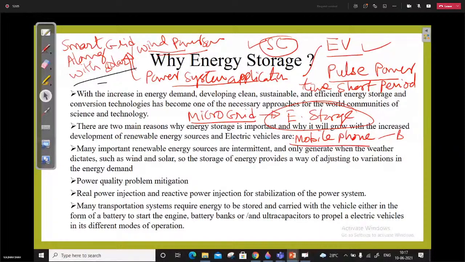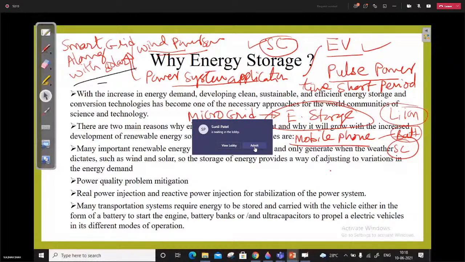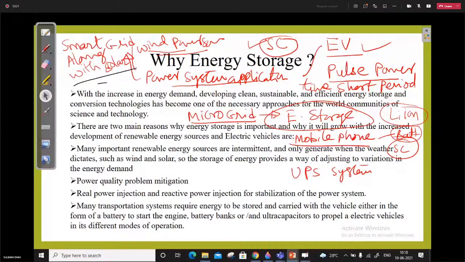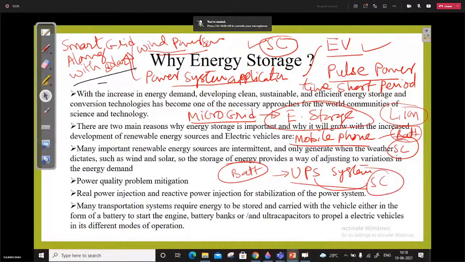Even for the UPS system. Usually a UPS system is equipped with backup power. So when the main power fails, the UPS system will come into the picture, which is usually designed with a battery. Now the battery gets replaced by a supercapacitor. So it has tremendous applications, and it provides different kinds of power. It even has independent applications, and people are saying that the supercapacitor may replace the battery,